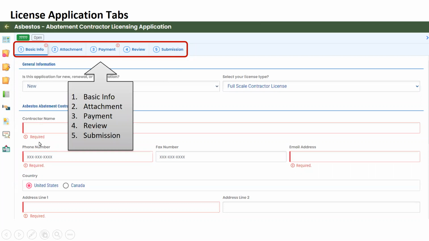Once you clear these required fields on the basic info tab, and once you process payment, those exclamation marks will disappear, and that's how you know that you've acknowledged all of the required information in that area.